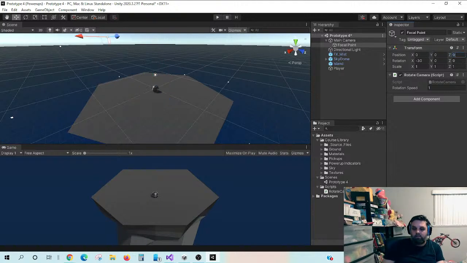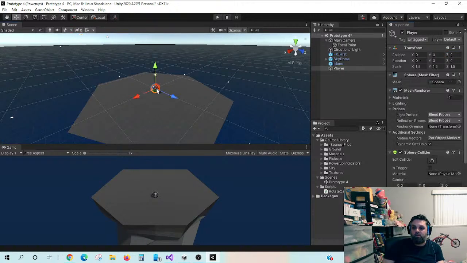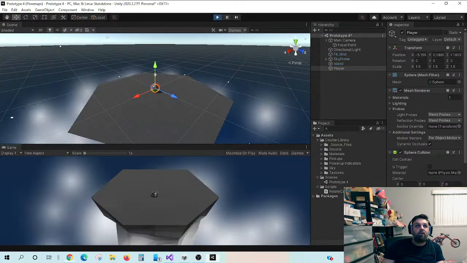So now the main camera is a child object of our focal point. Because the main camera is always tied to the location of our focal point, if we rotate our focal point, for example,